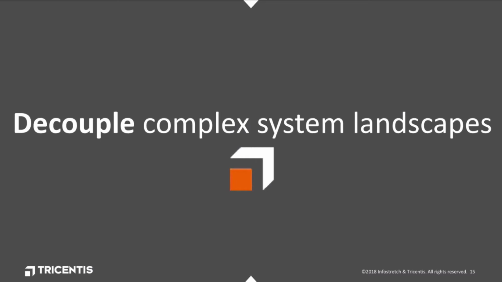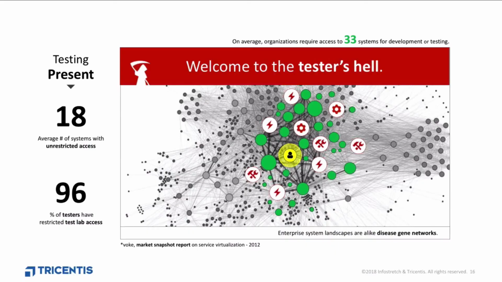So that was the first step, design your test cases. But of course, completely avoiding end-to-end tests is definitely not an option. We know that. Though end-to-end test cases can be reduced to a minimum, and that's what we strive for. With a simulation or virtualization of the connected systems, it's possible to reduce the complexity of complex system landscapes, and therefore we can physically decouple and break them up into standalone systems, still working as if they were fully connected with the landscape. That's what virtualization is basically about. And with this approach, tests that had to be previously conducted in end-to-end tests can now be treated as system internal tests, so to say.